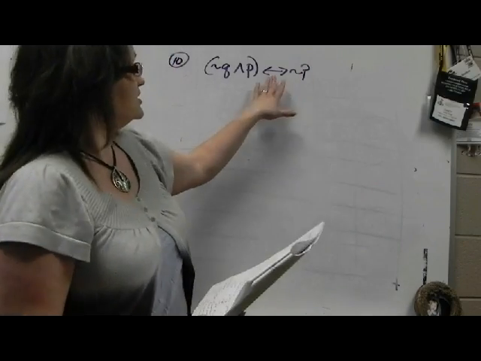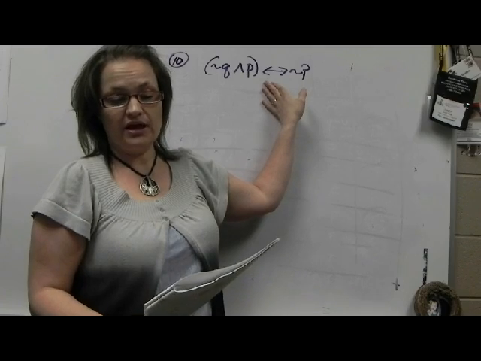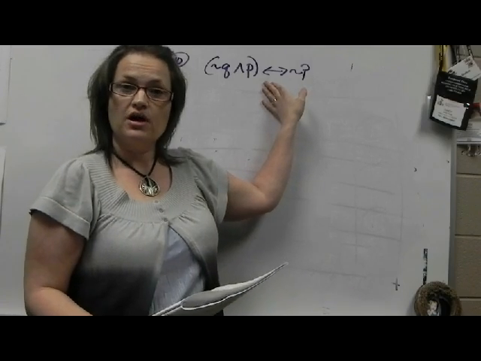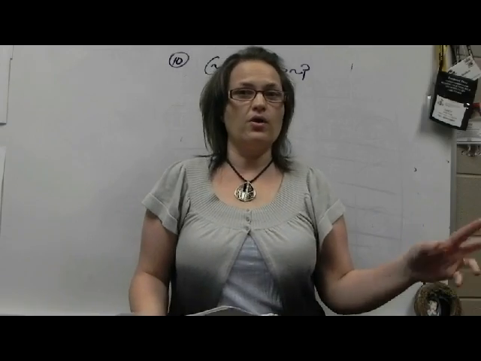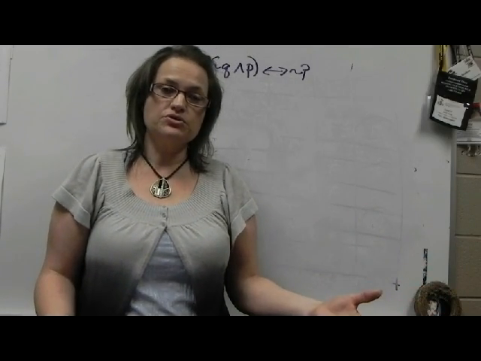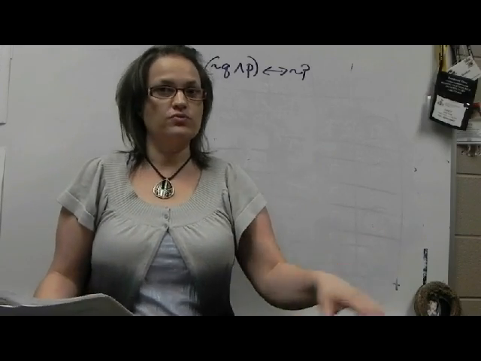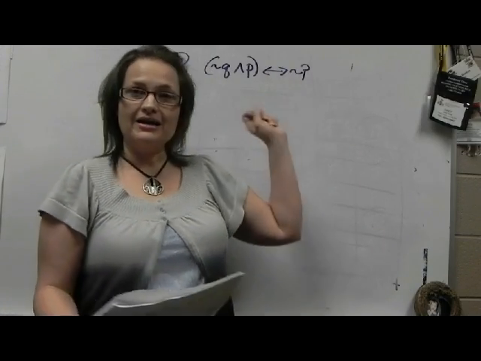But the book will tell you this statement is called a biconditional, and it is only true when P and Q have the same truth value. All right, now this is a little different than our and or statements. The or, either one could be true and it was true, and then the and, they had to both be true to be true. Okay, that was our old rule. For this rule, the biconditional,